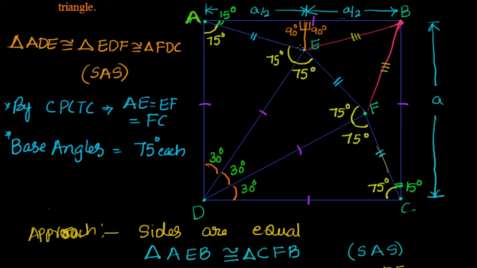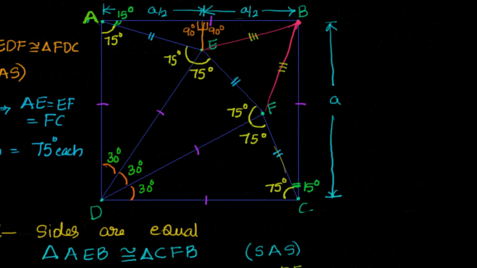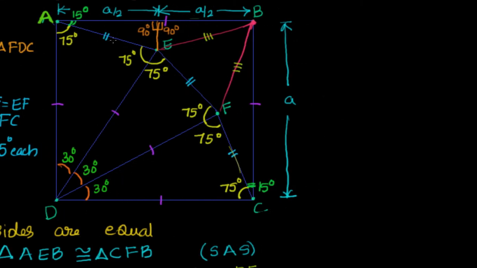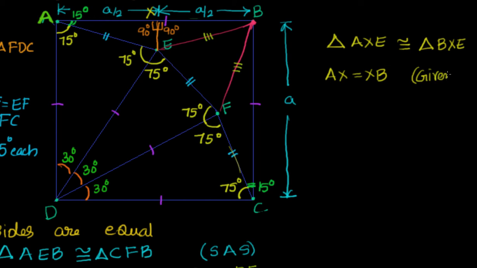So now what we are trying to establish here, let's put it down here. We are trying to establish that AE equal to BE. Then I can go ahead and say all three of them are equal. Now how to do that? For that I will say, let us say this point is X. Triangle AXE is congruent to triangle BXE. How? You can see that both of them have 90 degrees. Both of them have AX equal to XB. That is given. We have just seen that both of them are equal.